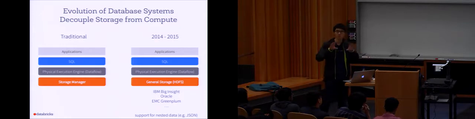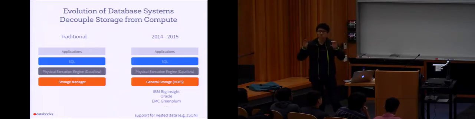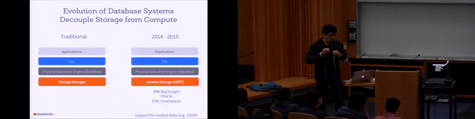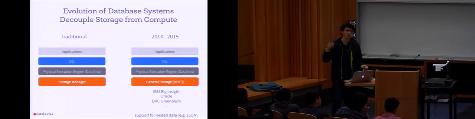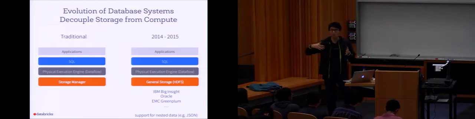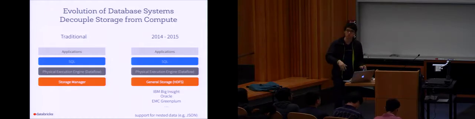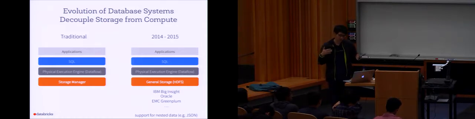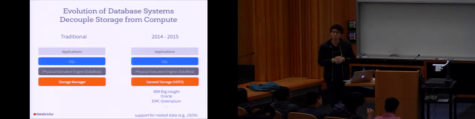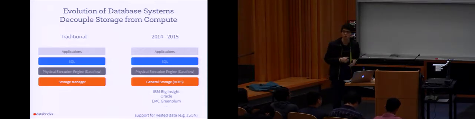You decouple your database storage from your database engine itself, and then allow the database engine to read directly from HDFS and other general storage. So now you can bypass the database to dump data into Hadoop, and then use a parallel database system to read the data out. So you're starting to see a decoupling of storage from compute for the traditional databases.